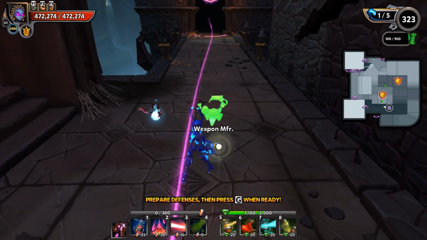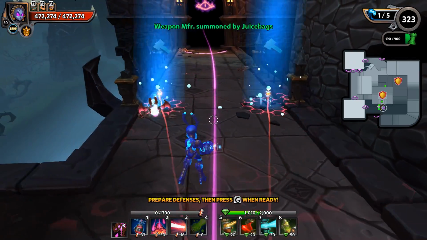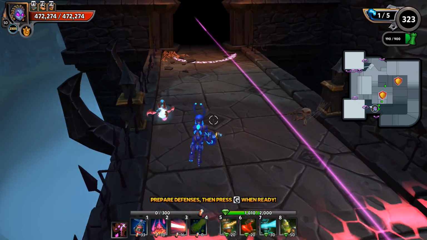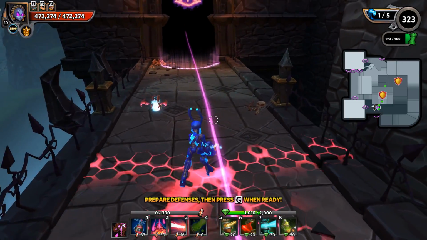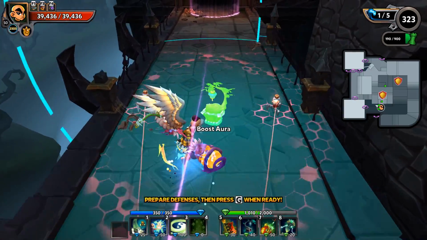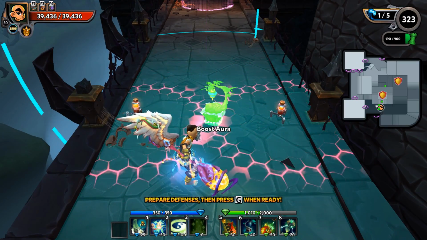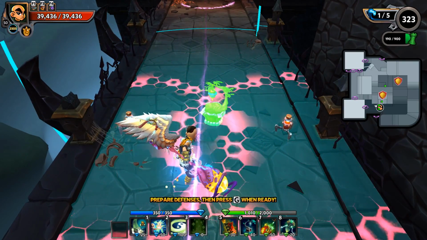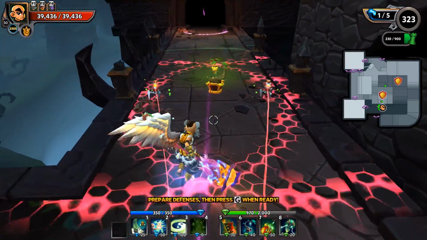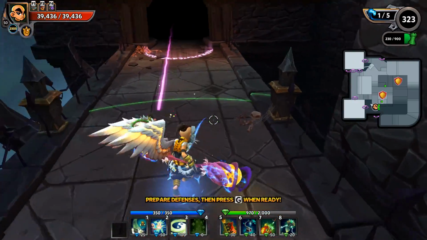Now first things first, I want to put some Weapon Manufacturers down, and I don't want them right at the spawn. I'm going to go with 2 nodes here, and I want to take very careful consideration as to where the damage is ending on these nodes. And the reason being is I want to make sure that my Boost Aura is going to be past that mark on damage. So I want the Boost Aura to hit them first, and the Weapon Manufacturer to be kind of a last resort. Now I am going to base everything else here off of this Boost Aura range,